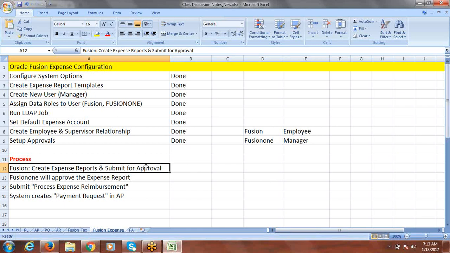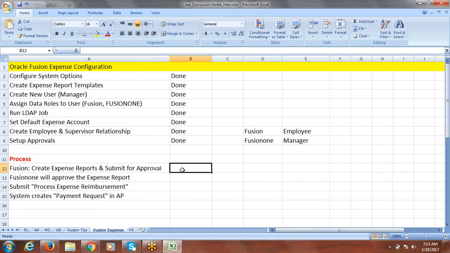So if this is the case, we have to bounce the SOA server for the financials domain. If you bounce that server, whatever is getting stuck will work. That's the suggestion they gave. For that we have to raise an SR, but we don't have any privileges to raise an SR to Oracle. So that is the reason we cannot do anything. Anyway, I'll show you the process, whatever the case may be.